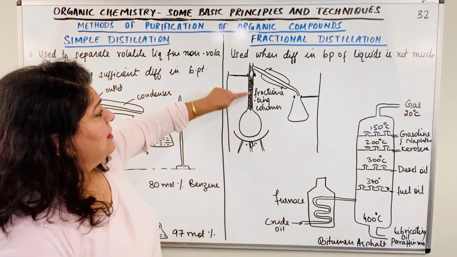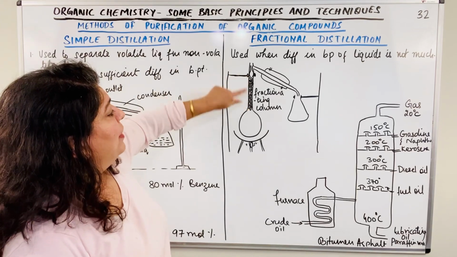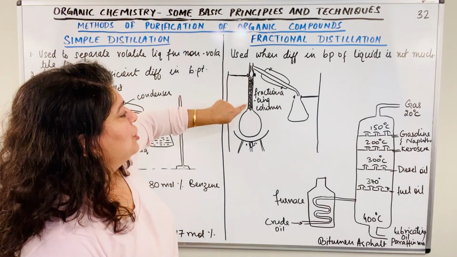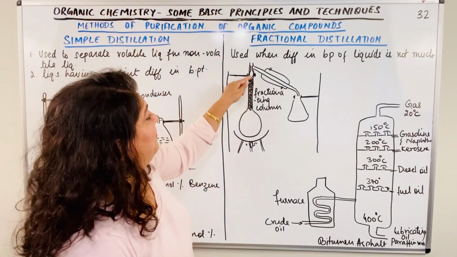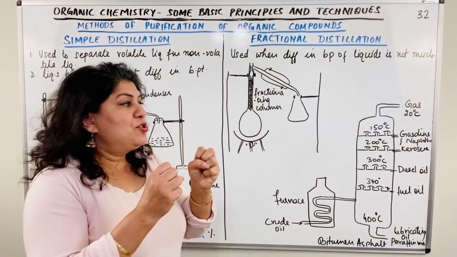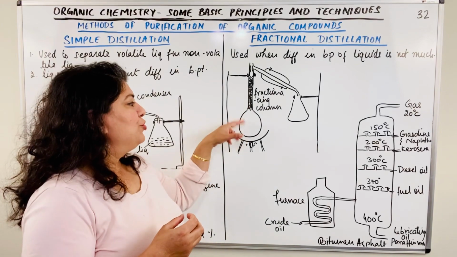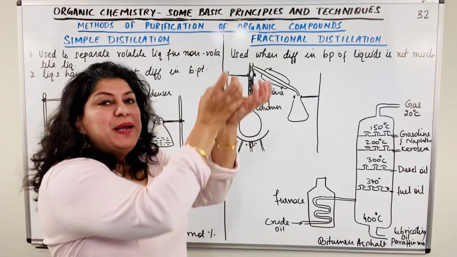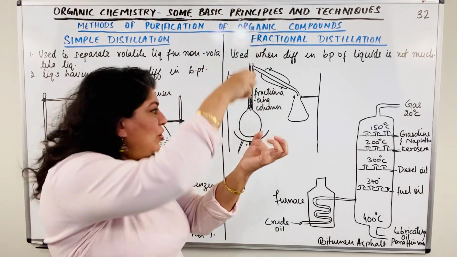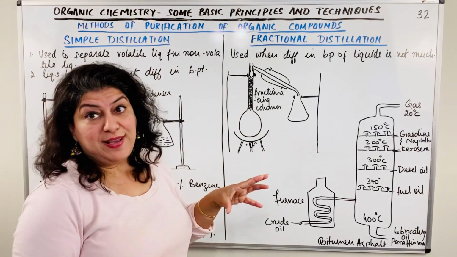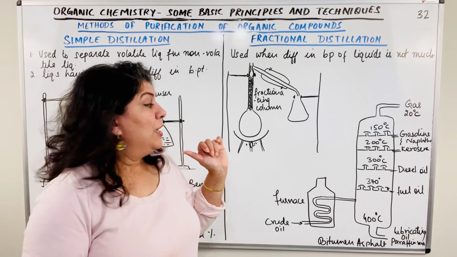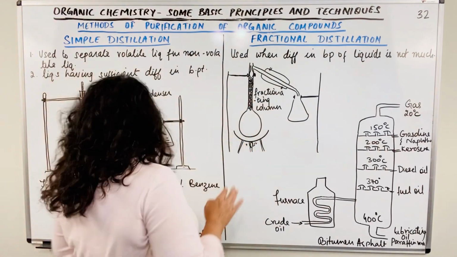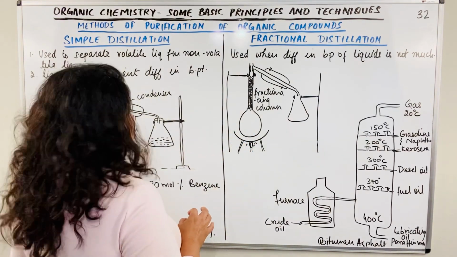How is it done? Take a look here. This is a column which has some filling in it, which is known as the fractional distillation column, and the filling is of something that does not fall into the flask, but it allows the vapors to pass through. So when the vapors of the mixture, let us say we take the same mixture of toluene and benzene,